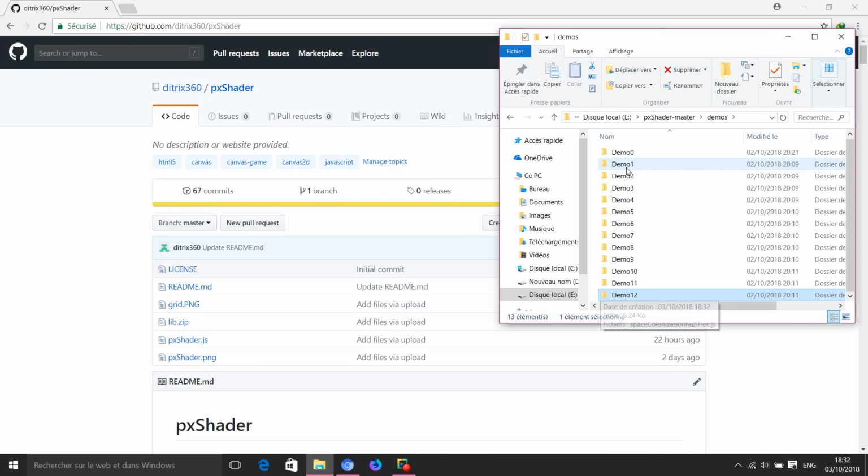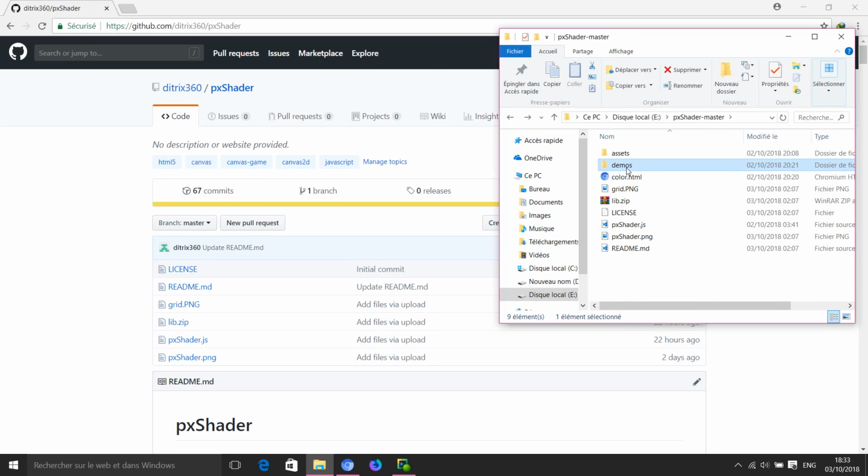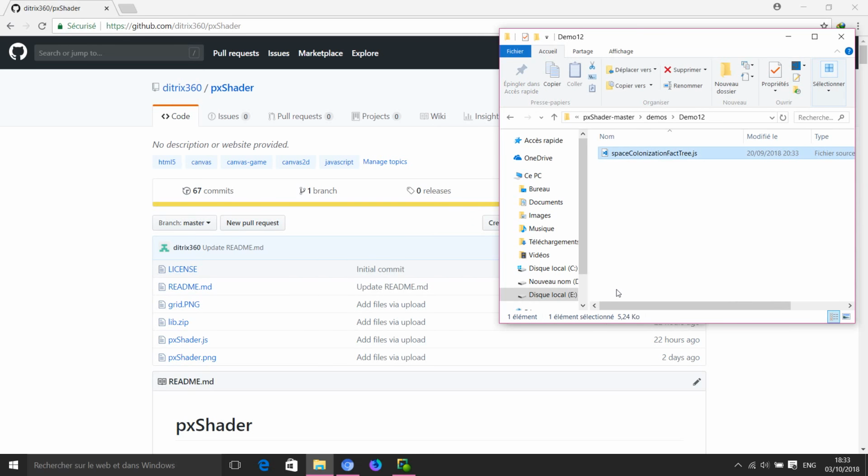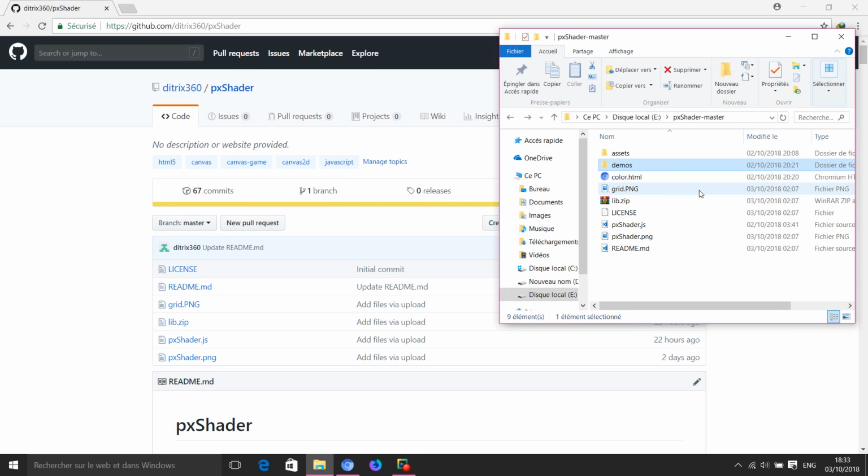So the first thing we are going to do is, since we've been talking about HTML and web-based animation, let's look at a demo that represents web-based animation. If we go into the demos and look at any of them, we can see that it's merely a JS file. So in order to make it work, you have to write HTML syntax for it.